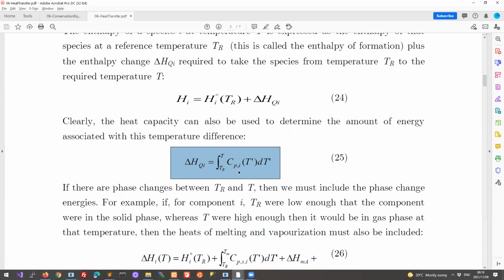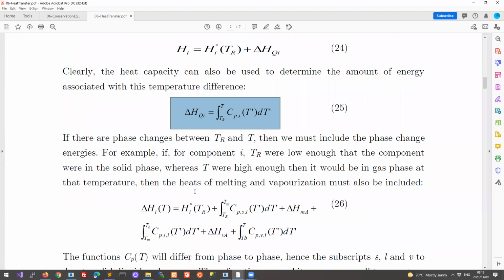And the heat capacity is temperature dependent. It does have often a weak temperature dependence, and well, it varies from substance to substance, how strong that temperature dependence is. If your temperature difference is small enough, and if your substance does not vary that much with heat capacity, then we can often approximate this as Cp times (T minus Tr). So that's a common approximation that's used that you'll see in most heat transfer texts and so on. Now, if your